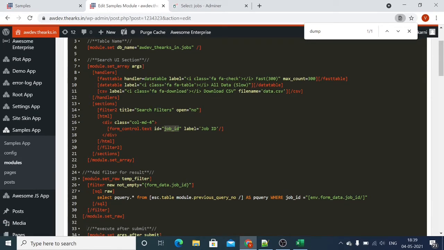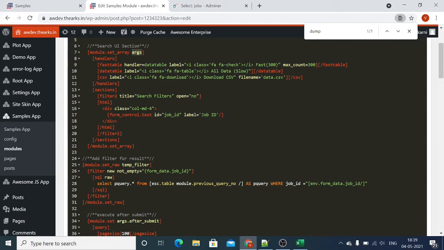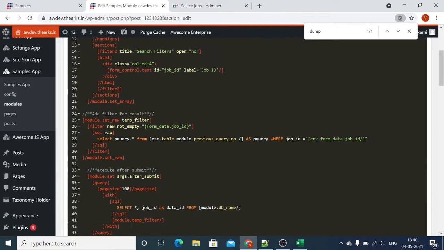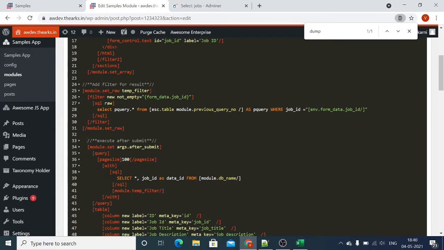So this is the UI section that we are going to use in arguments at module level. This is nothing but the array that we are creating with two elements, that is handler and this section in these arguments. Now let's come to the next point.